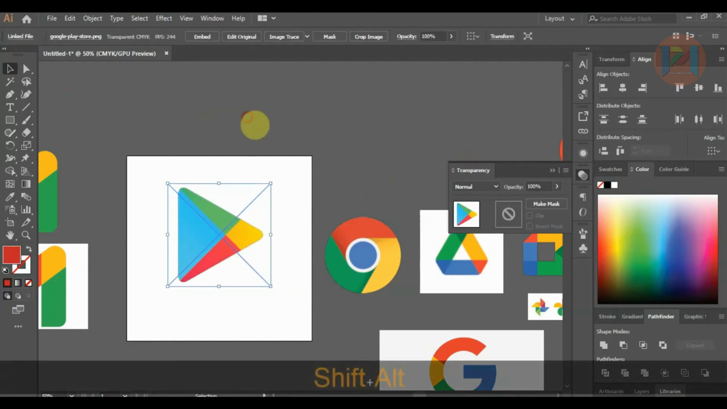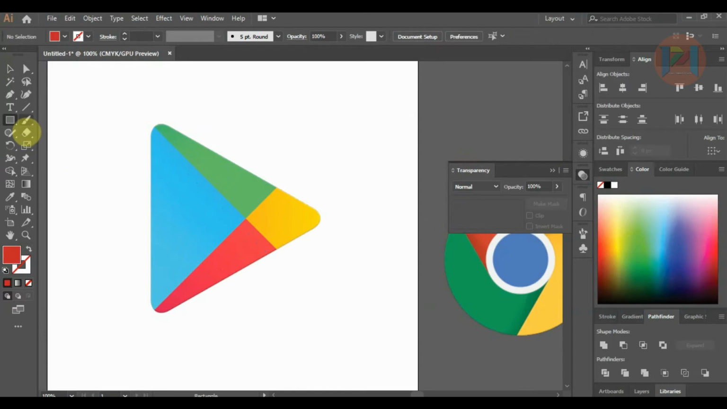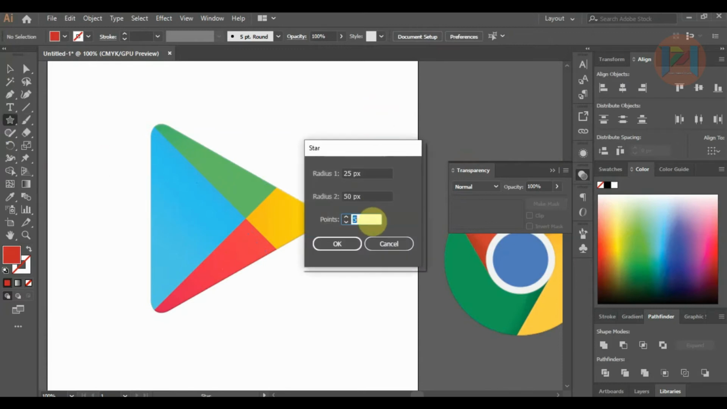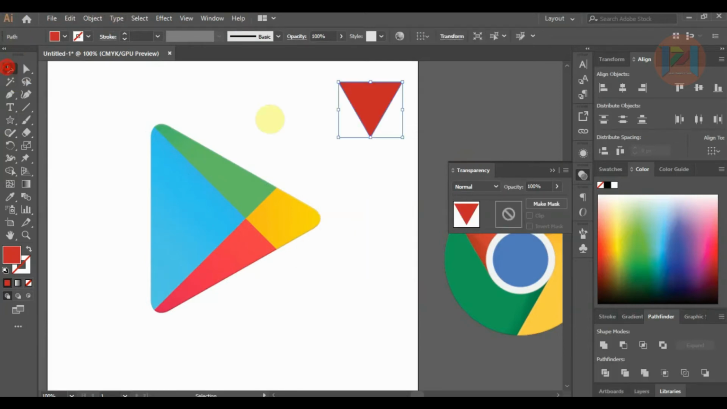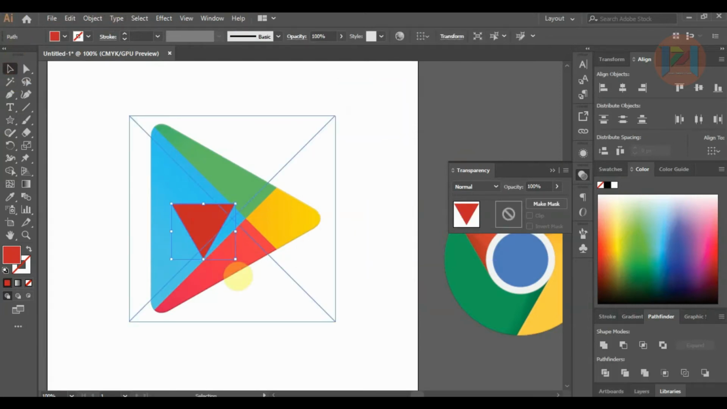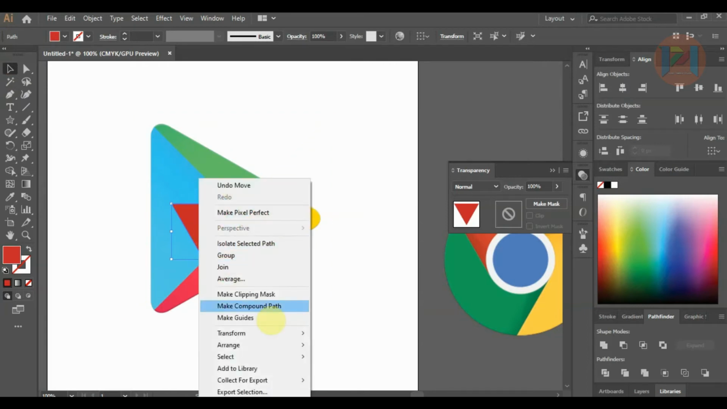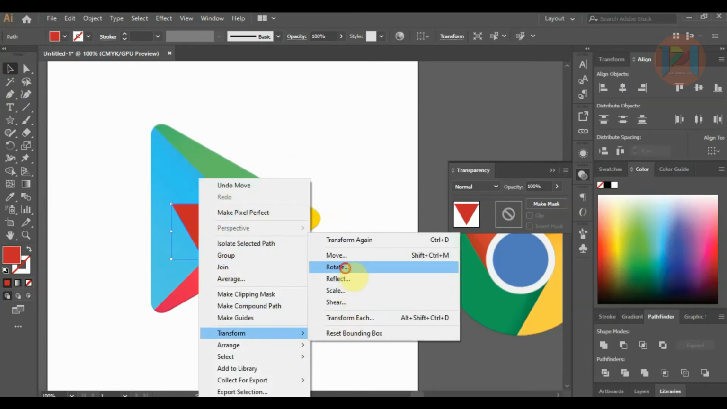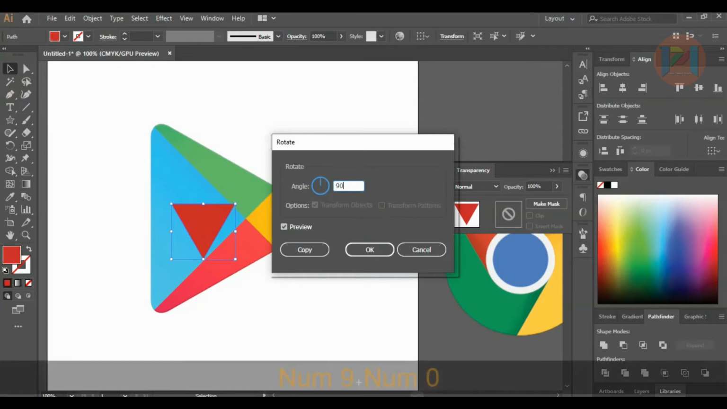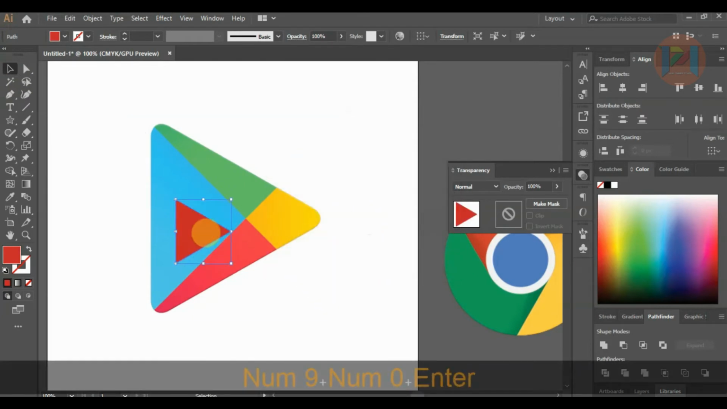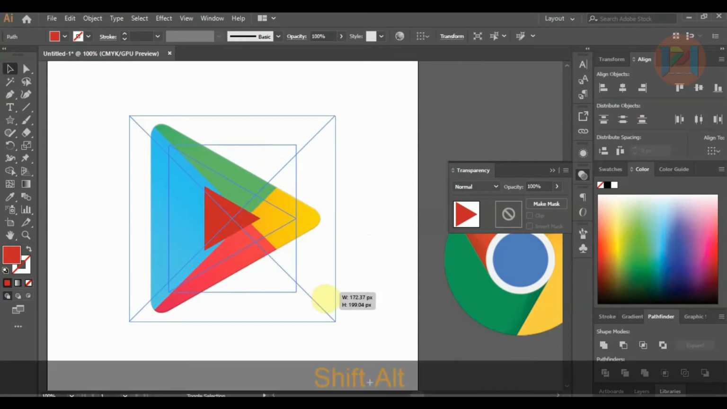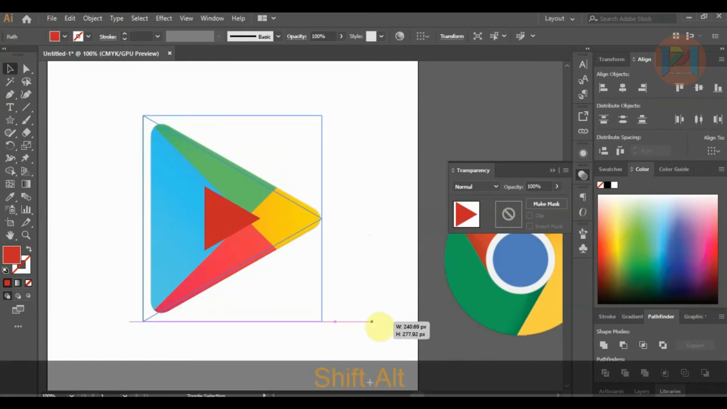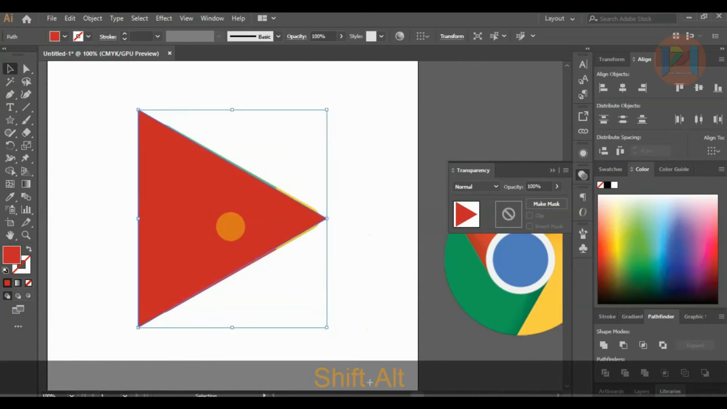Now for that, I'm going to select a star tool and reduce the size to 3. The points should be 3, that's why it will create a triangle. Now right now I'll rotate it using the transform tool 90 degrees. Now holding Alt and Shift, I'm dragging it down to make it the size of the actual logo,